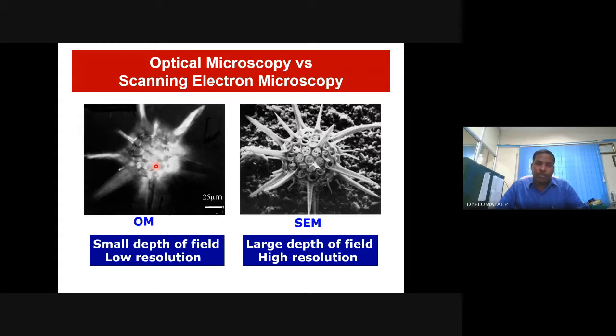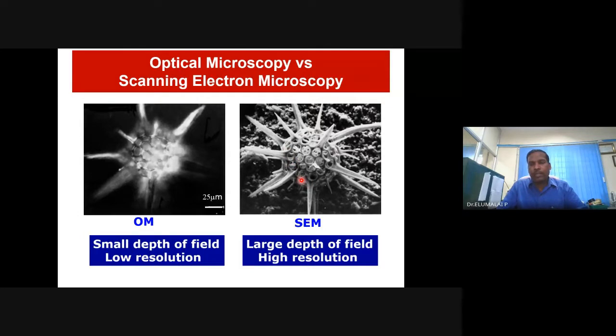By doing so, you'll be able to have a large depth of field. You'll be nearly touching the sample, but not touching actually, but you'll be able to get very high resolution. You see here the same material or same feature, how you see with a high resolution that you could get maximum using an optical microscope, but what are the additional features that you can get using an electron microscope?